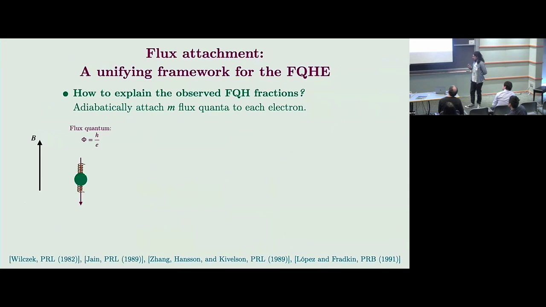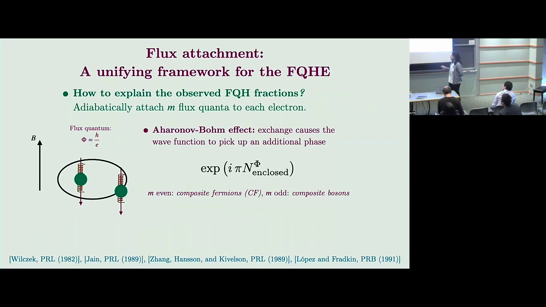So a natural framework for understanding quantum Hall physics is something called flux attachment. If I take my original system of electrons in magnetic field and adiabatically attach fluxes to them, say a number m of fluxes, then due to the Aharonov-Bohm phase, when I take one electron, now a composite particle, around another, I'm going to see shifted statistics proportional to m. So if I attach an even number of flux quanta, I take fermions back to fermions. If I attach an odd number of flux quanta, I take fermions to composite bosons.